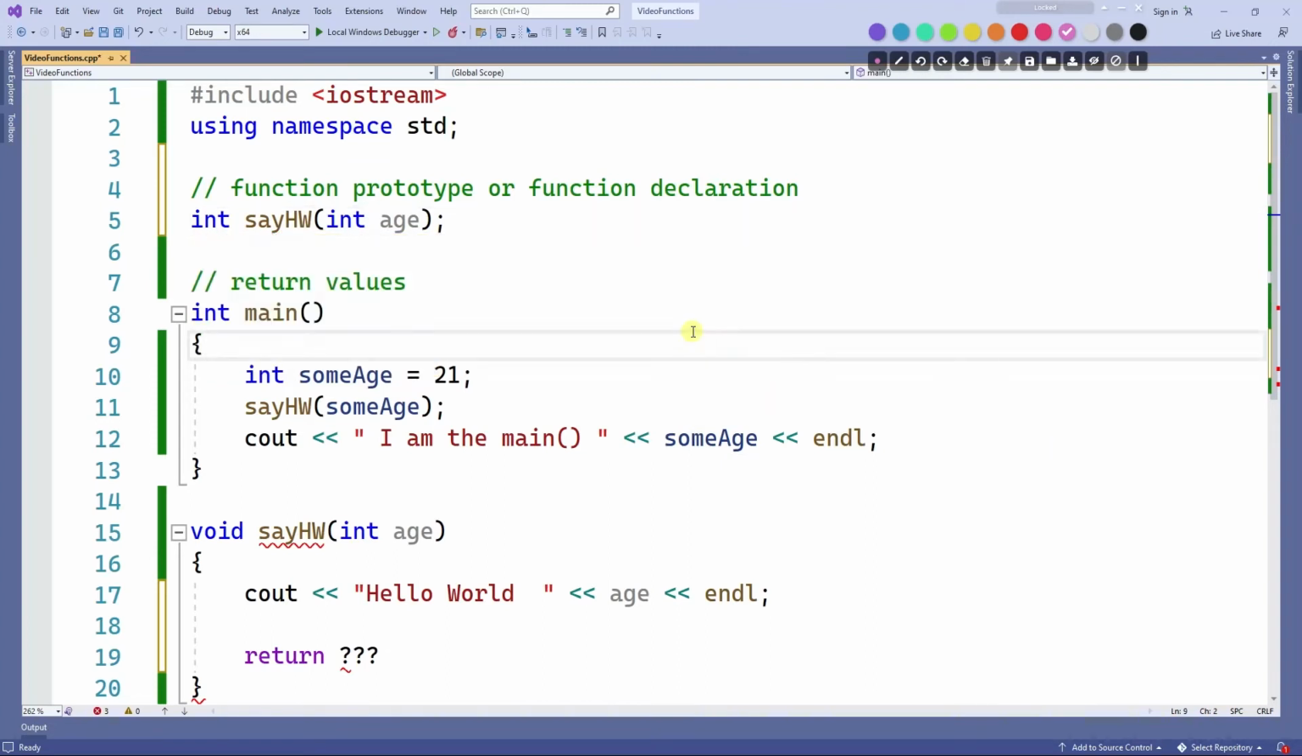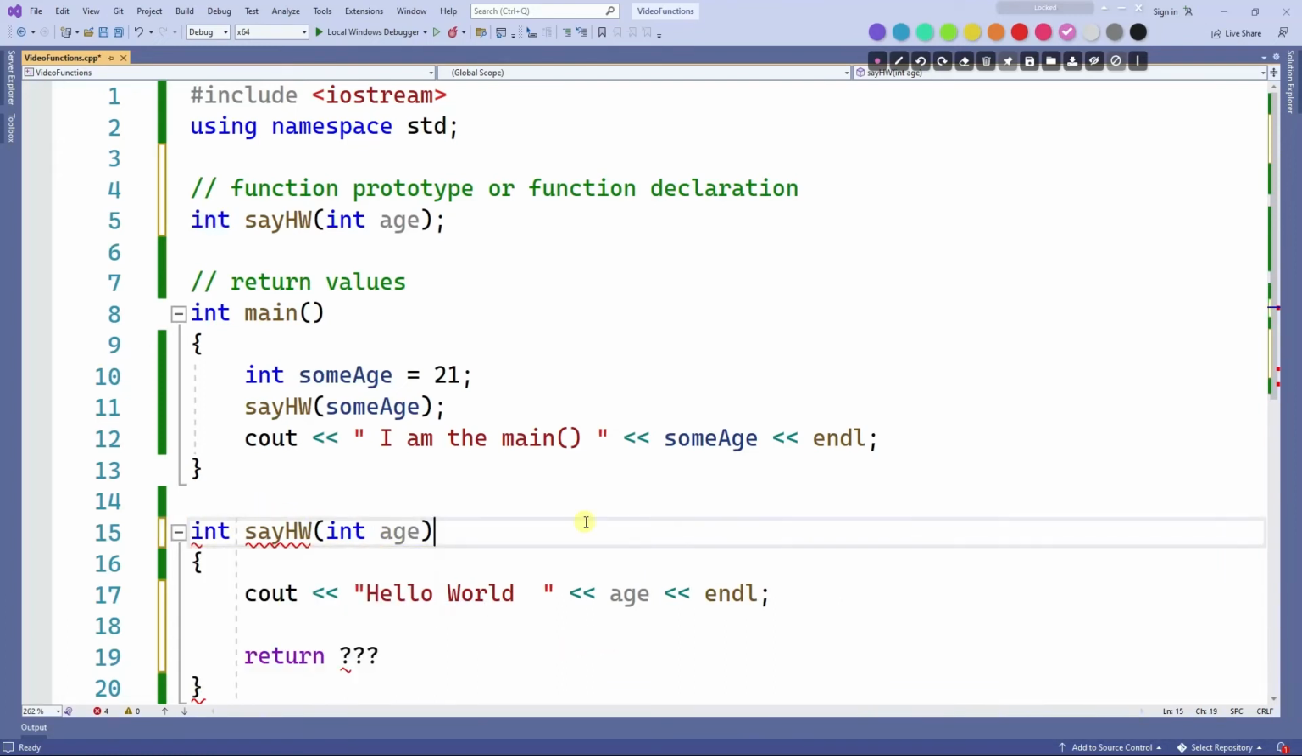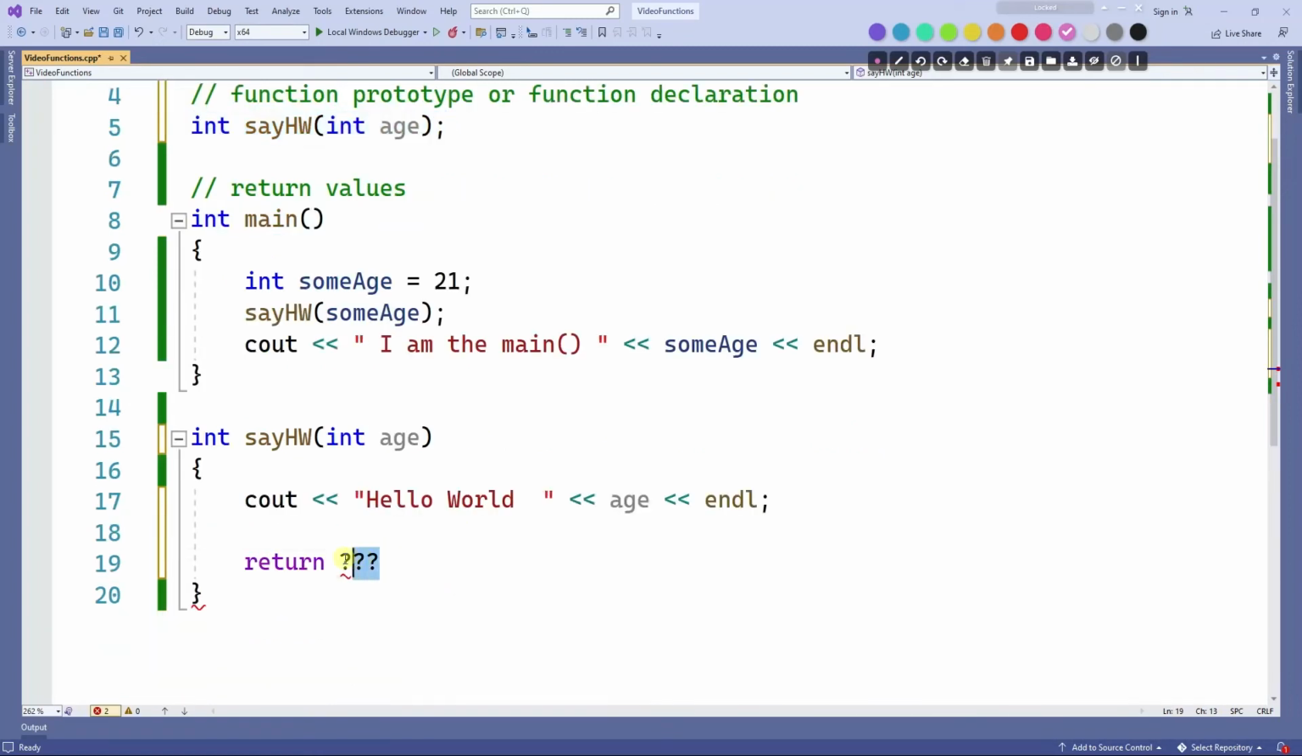So if I want to get an integer back from the function, I'm going to put an int right here. And then on the function definition, I also need to change from void to int, because the definition must match the function prototype or function declaration. And then finally, I need to return something here. In this case, I'm not returning anything, but I'm going to return 55. So now,